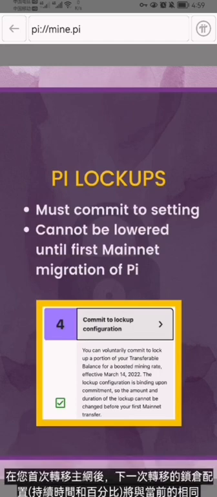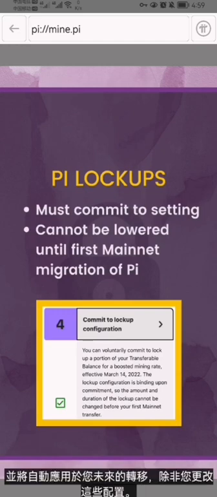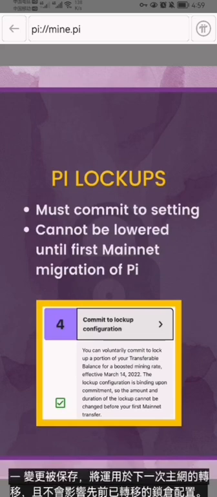After your initial mainnet transfer, the lockup setting for your next transfer, duration and percentage, will remain the same as your current one and will be applied to your future migrations automatically, unless you change these settings. You can adjust the settings anytime between any 2 transfers to mainnet. The saved changes will be applied to any next transfer to the mainnet, and it will not affect any previous